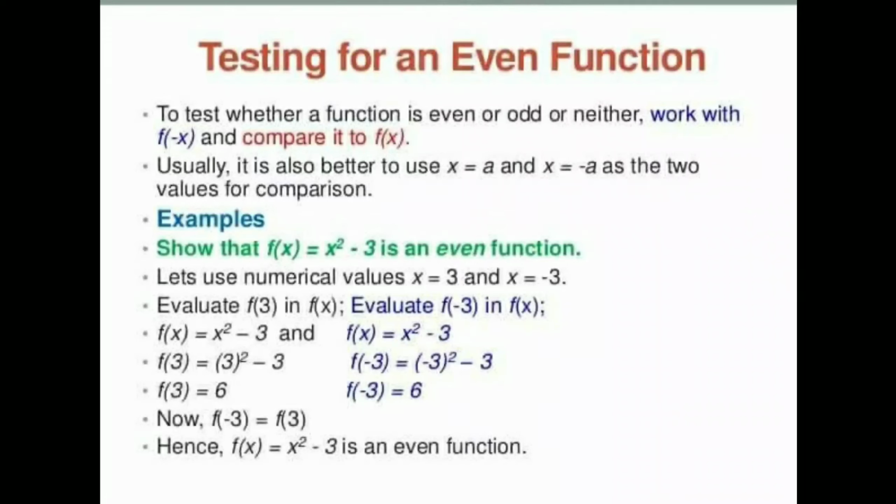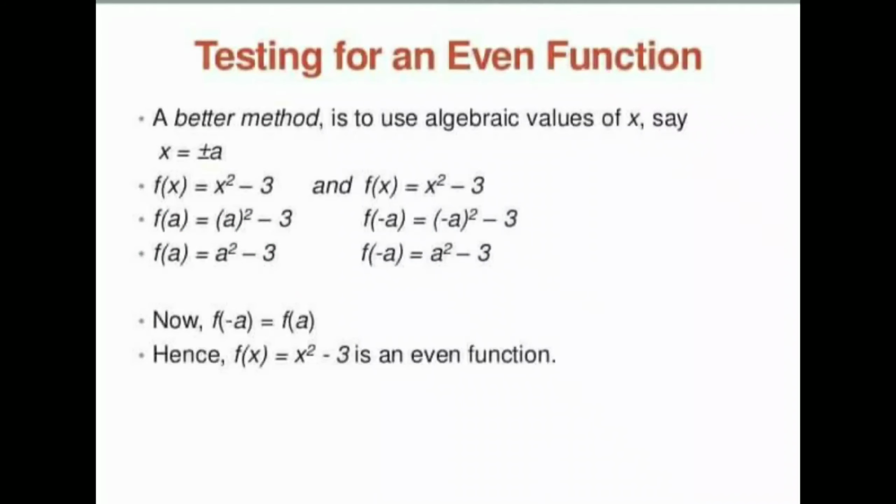After solving, both values are equal, then we say this is an even function. So f(-3) is equal to f(3), the values are equal, then we say this is the even function. Okay, so x to the power 2 is here, the exponent is 2 here, this is the square function. So a square function is always even, you can understand, and cos x is an even function. And next example you can understand here,